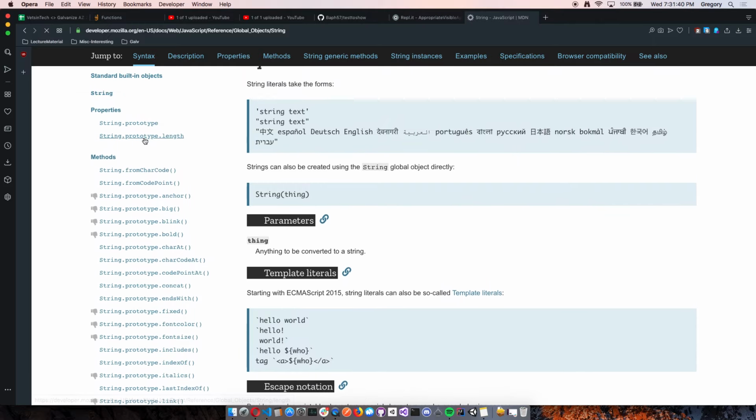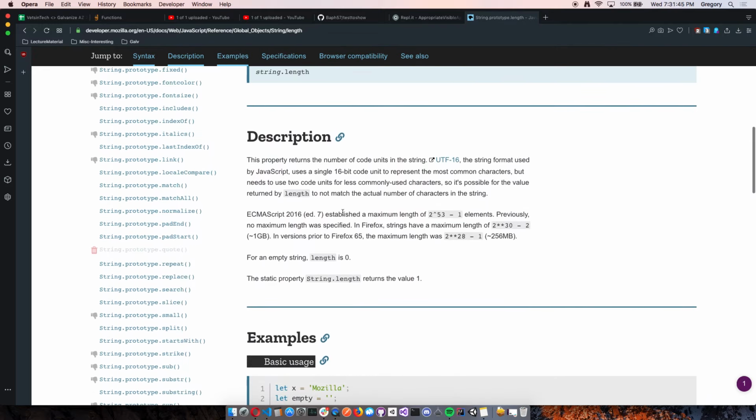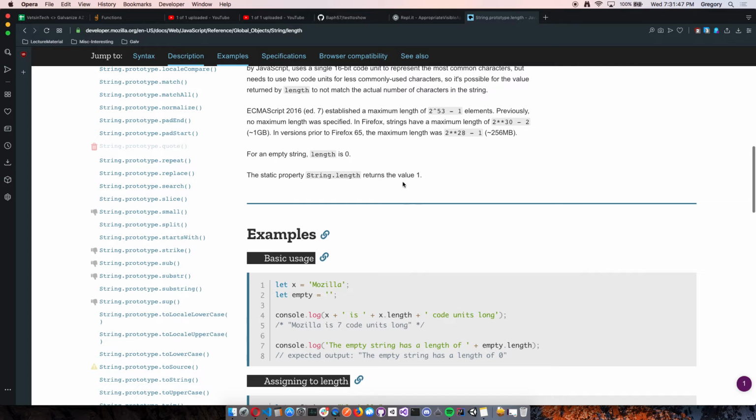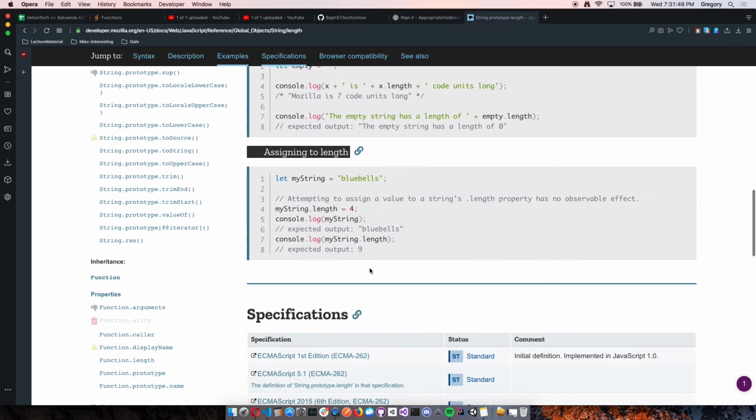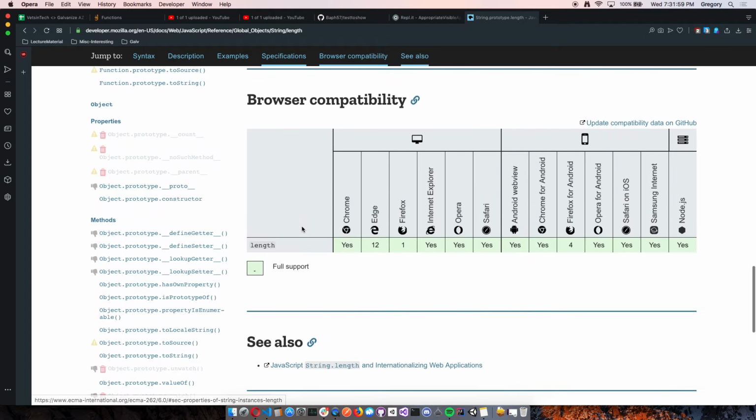Oh, why is that at the top? Oh, because it's a property. And so if we scroll down, we get like a meaty description. It shows how to use it, assigning. It goes even as far as to show you actual documentation in ECMAScript. So if you really wanted to try and understand what's going on under the hood for these methods, you could